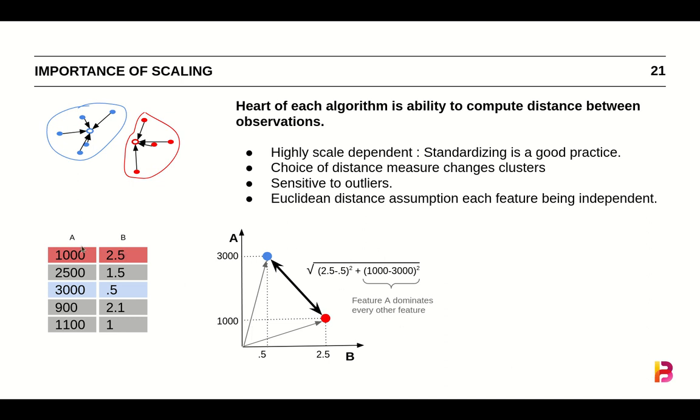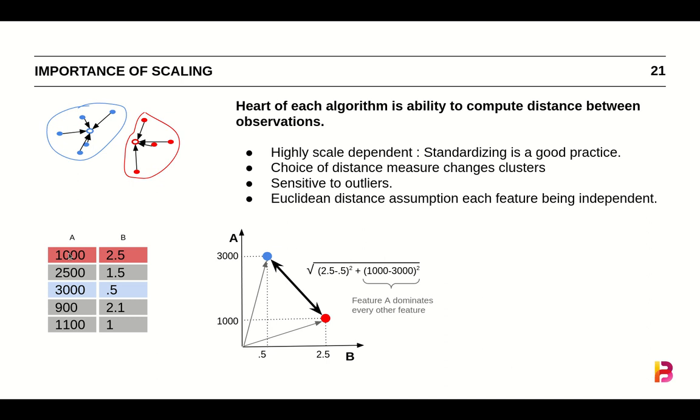Now consider a case. There are two features, A and B. A is measured in different units than B, in this hypothetical toy data set. So imagine A's value being like this and B's being like this. You can think of B as the humidity of that day and A as the number of people you observe out in a park. I'm just making this up, but these are the data sets.